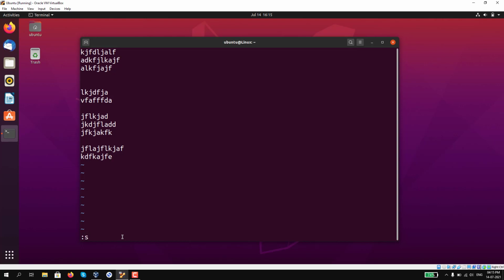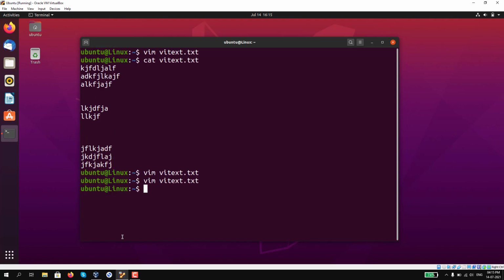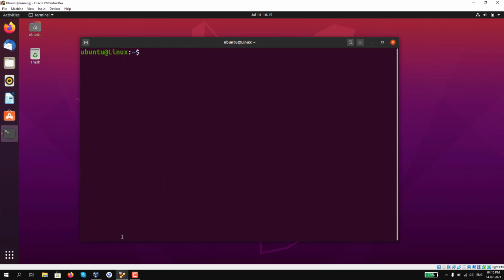So if I want to save the edited content, what I need to do: escape, colon, WQ. It will save the content and exit from the editor. Right now I have shown you how to add the content and how to manipulate the content using text editors. And